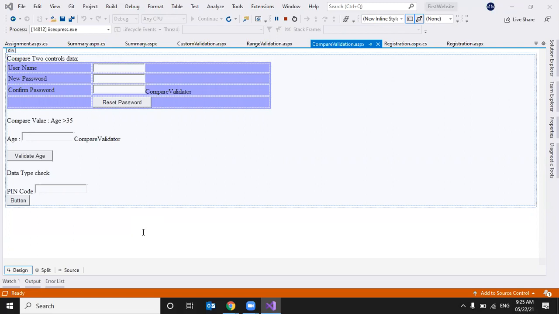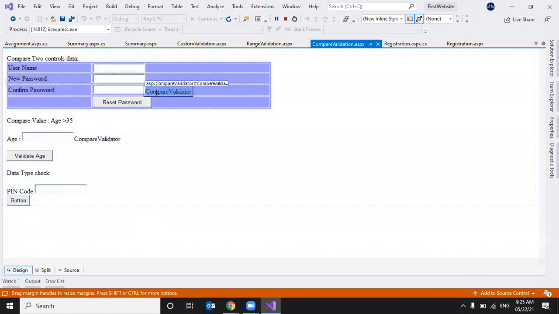Or we can also check the data type of the value entered. So basically, the compare validator is used to compare the data.